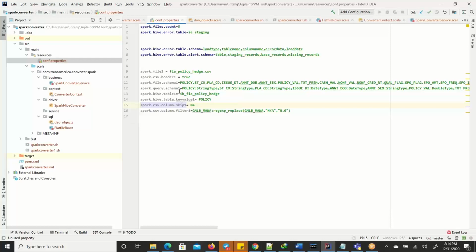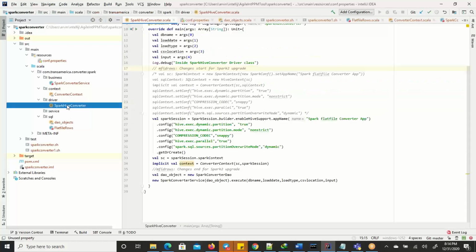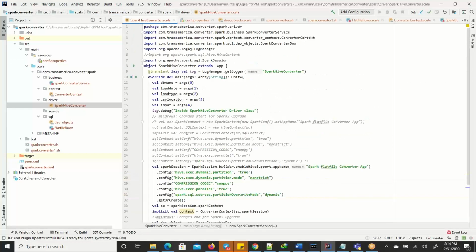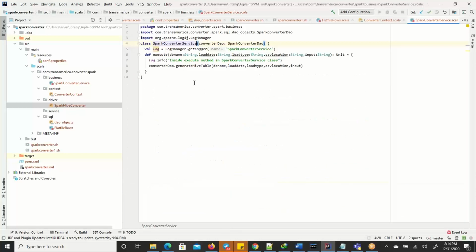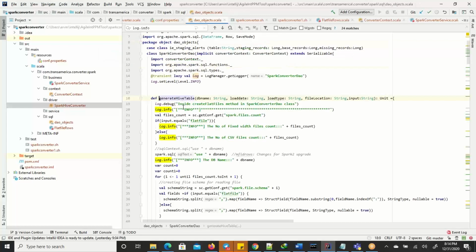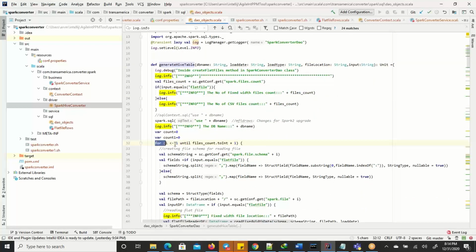Okay. So these properties are defined in the property file, and in the driver class we are invoking our service class. Here, this is the driver code. We are invoking the service, and from the service class we are invoking the DO class, and this DO class method is basically running a loop. So it is running a loop, and what it does is find how many total files there are. Suppose I'm reading the property file here,